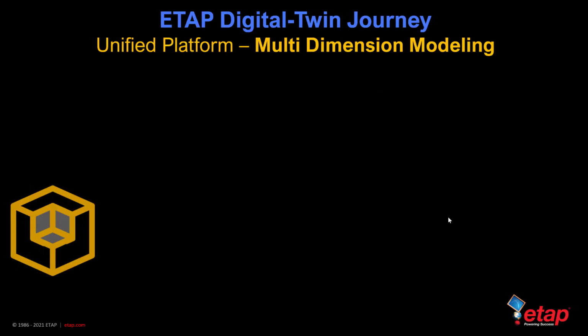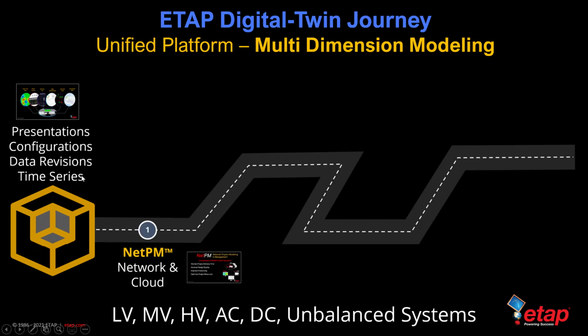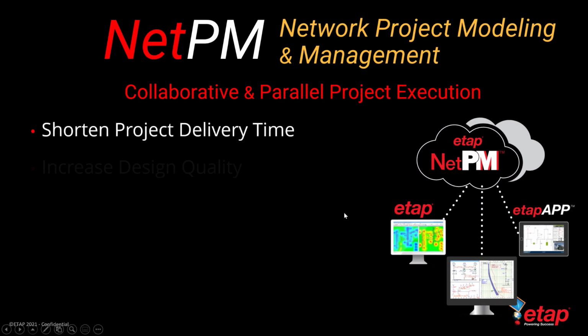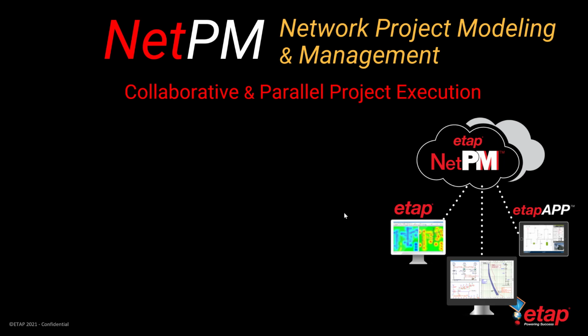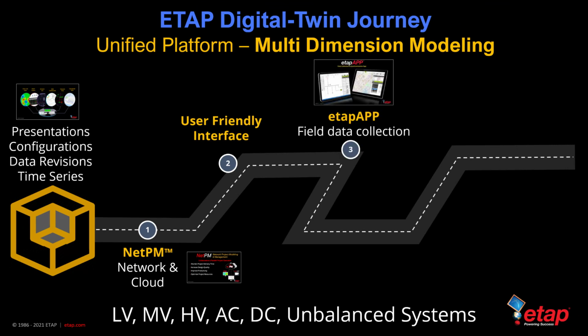Now that we know what the solution contains, let's take a look at what the journey looks like for this multidimensional model. The model itself, as we saw, includes presentations, configurations, data revisions, and also can include time series data. That model is then shared with many users or colleagues across the world to shorten the project delivery time, increase the design quality by engaging the subject matter experts from various offices, and improves productivity and helps you optimize the project resources. ETAP has a user-friendly interface that allows us to quickly drag, drop, and build the single line diagram